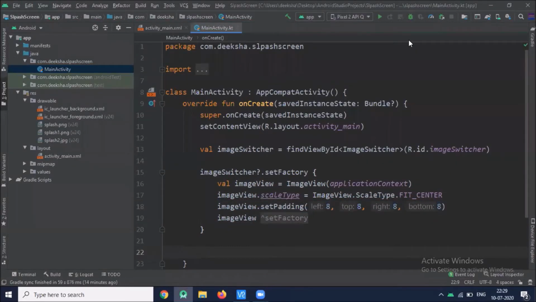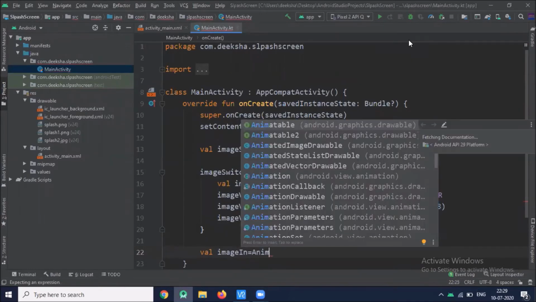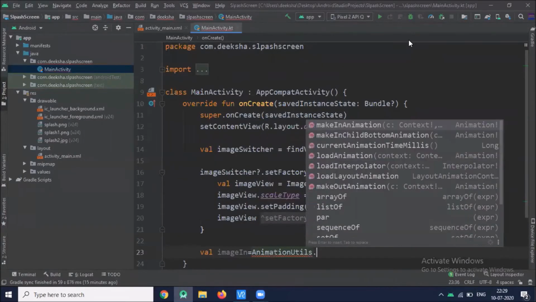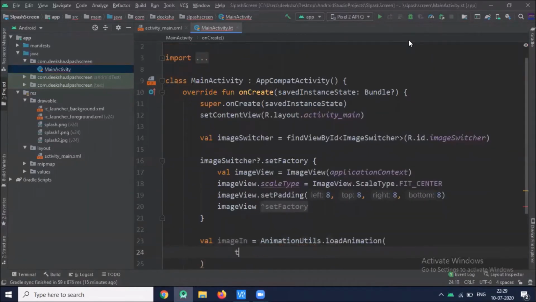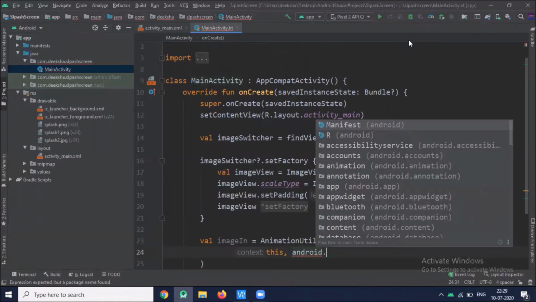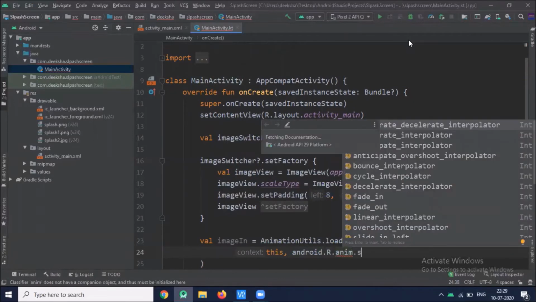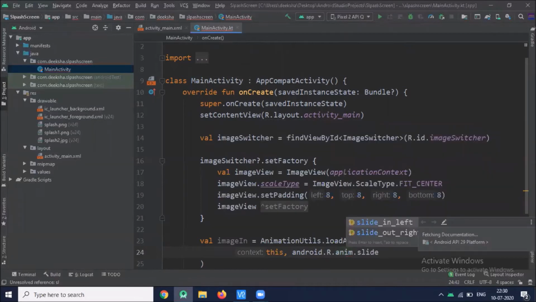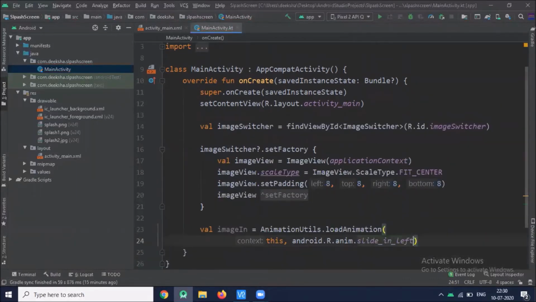Now we want to add animation in our splash screen. The image will move in from the left side and move out from the right side. So for that we use the AnimationUtils class. Now we use the in animation method, which is used to animate our splash screen.